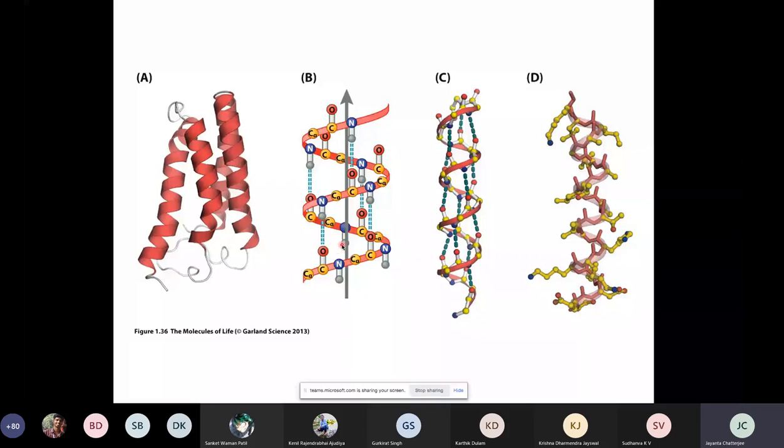Now, if you count the number of atoms between this NH and this CO, so let's count. You'll have 1, 2, 3, 4, 5, 6, 7, 8, 9, and 10. So instead of this NH here, you will have this NH, slightly translated, it will be a little different. And then a hydrogen bond will be formed between this CO and that NH, and that will be called as